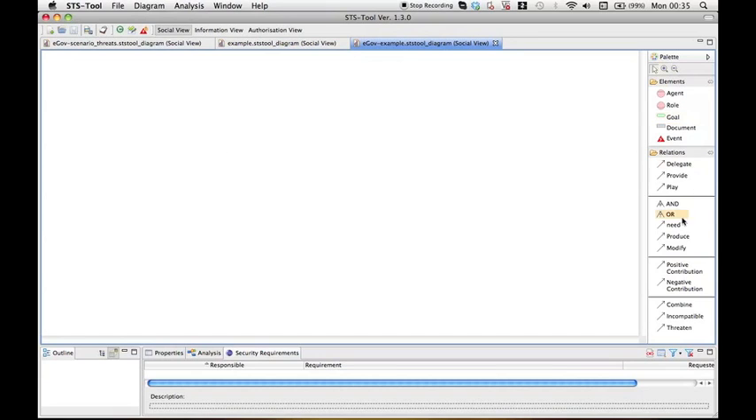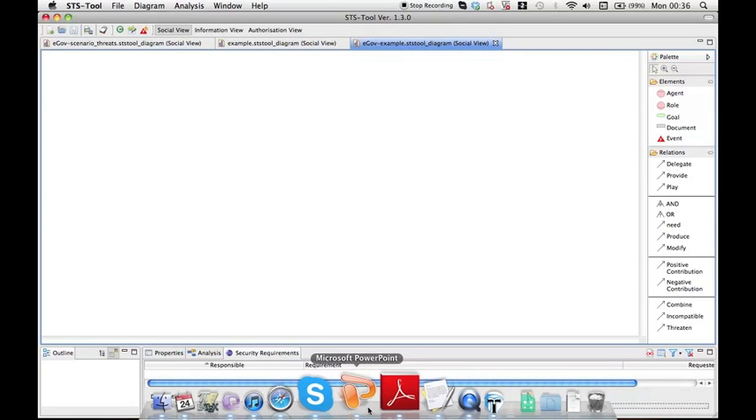Here on the right is the palette in which we have the different elements such as agent, role, goal, document, and event. And below we have all the relations which are categorized depending on whether they are relationships between actors or within an actor's scope, or between actors and goals, or different elements. So we've created the diagram, the empty diagram, and we will start